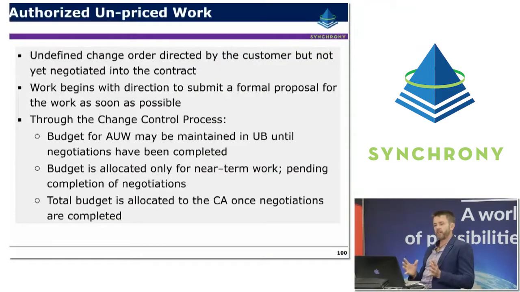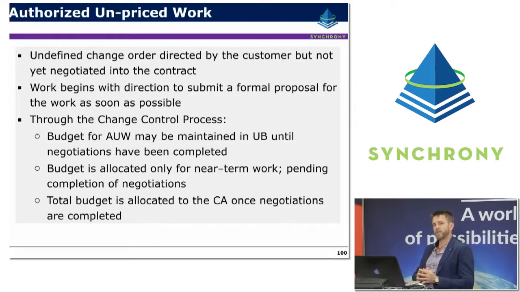Okay, the next knowledge area that we're going to talk about is authorised unpriced work. This is a very tricky area in earned value management because everything that we've spoken about so far has been a fairly normal situation on a project, where you've planned for work, you authorise the work, and then you go ahead and deliver that work and measure how you're going compared to the original plan.